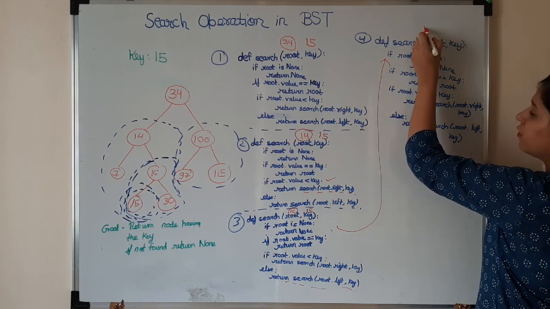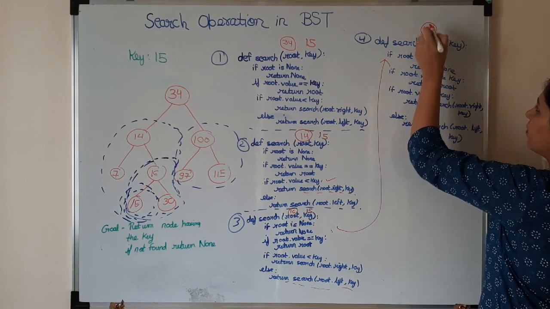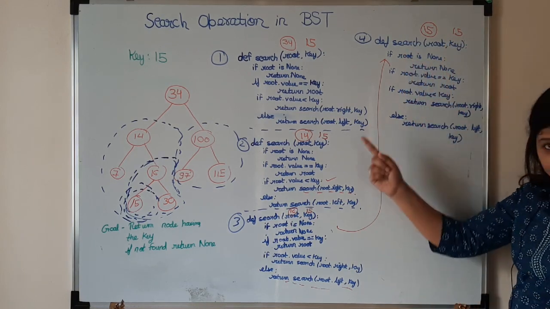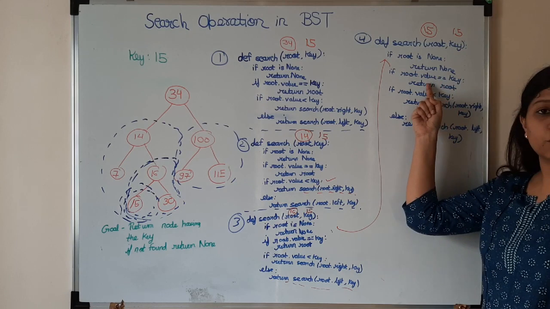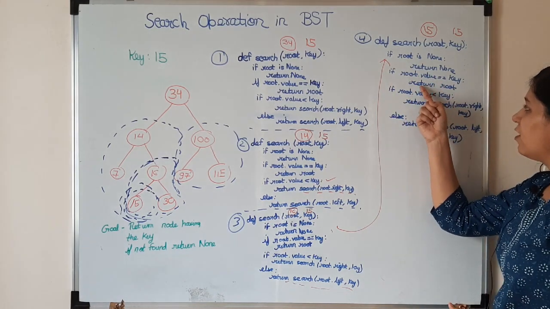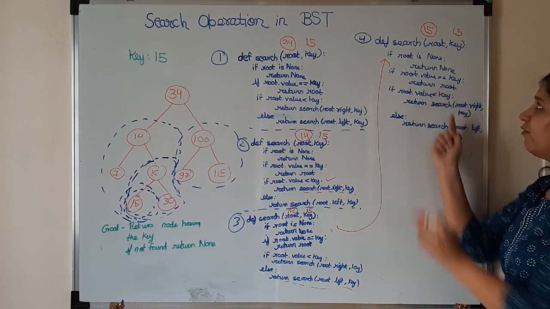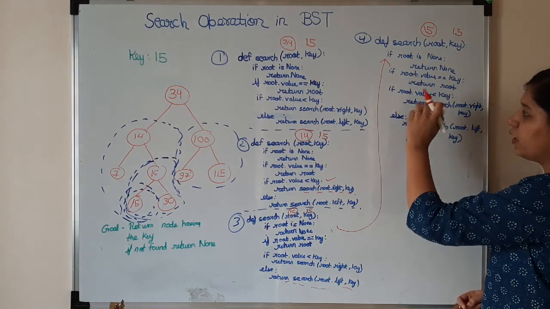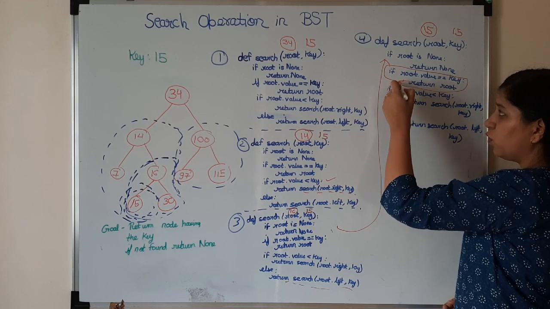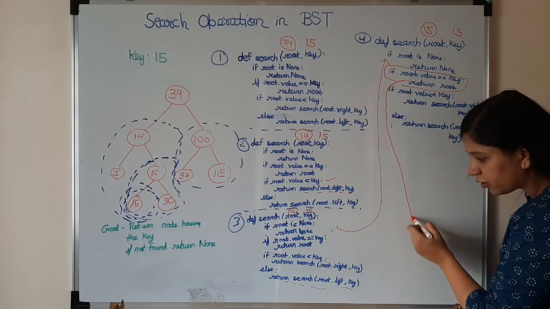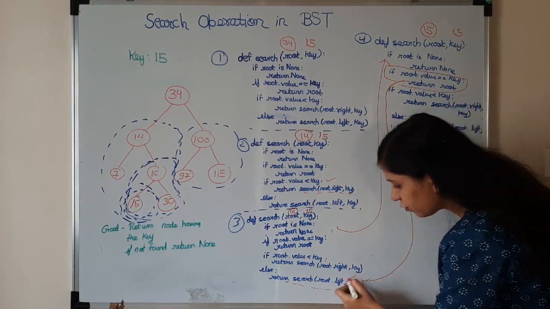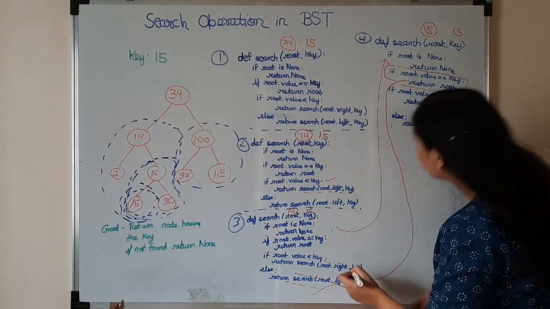This time root is 15 and key is also 15. So this condition is going to be true if root dot value is equal to key. So we will return root, we will return node 15. Now where is it going to get returned? It goes to the point from where we called it. We called it from here. So this search value now becomes node 15,